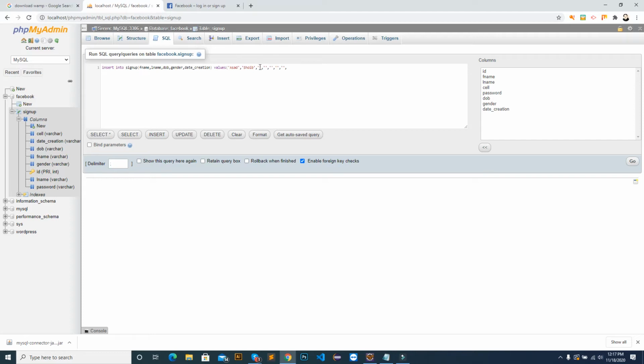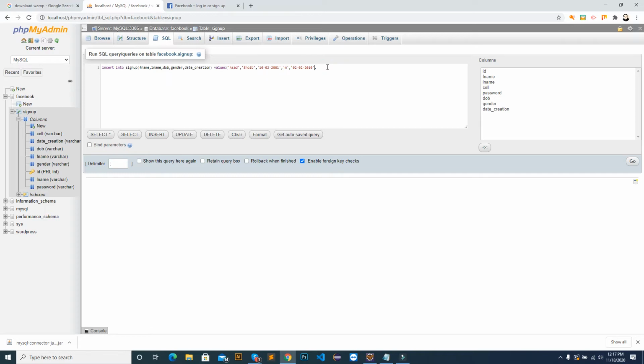For the date of birth, DOB, for example, 10 02 2001. After DOB we have gender. Gender is male, and then we have the date creation. Date creation is 02/02/2010. So we will remove these two.